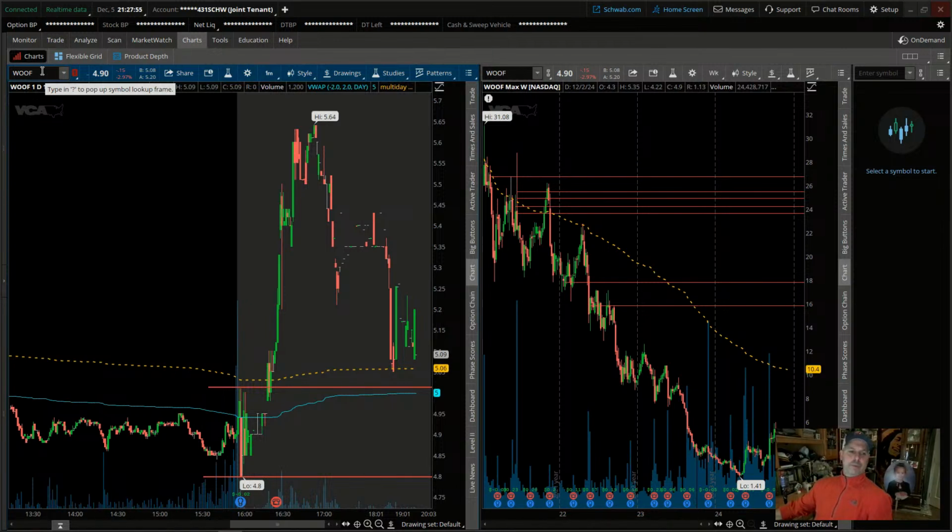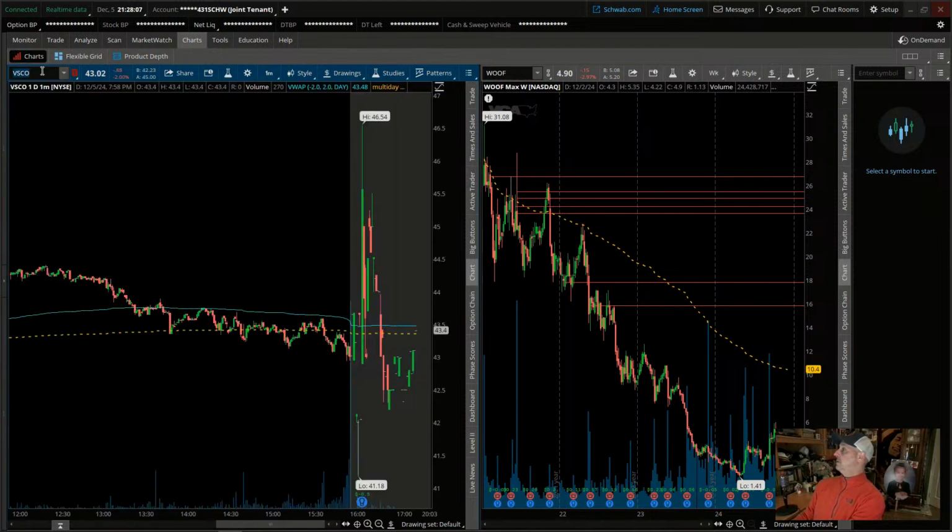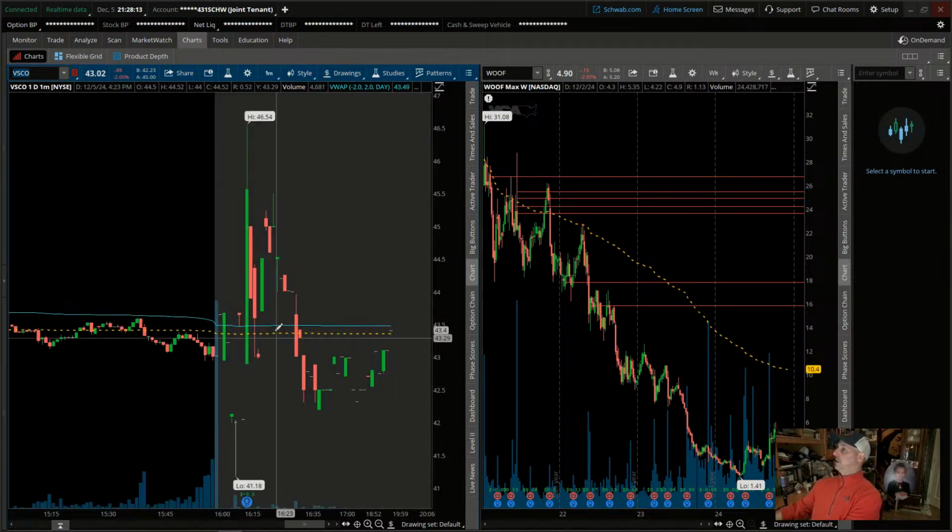This tends to rip. All right, we did Wolf, we did Vasco, which is Victoria's Secret, right? I don't know if anybody shops there anymore. I haven't been there in a while. 4-point range, 5-point range. It's a big enough candle to be interested. 42.90,